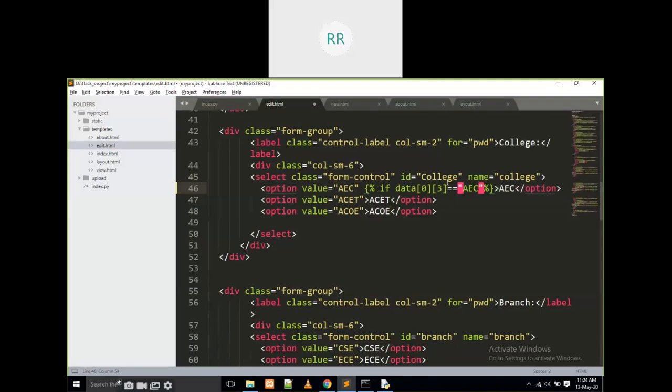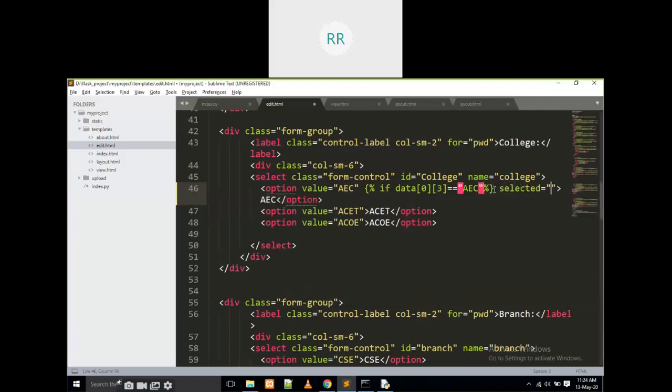AEC. Then we have to write selected. Then we have to close it, close the if. Then I am going to give the end if, like this.